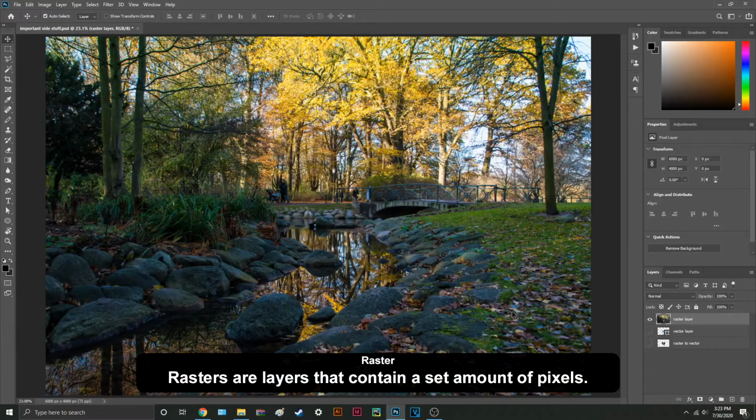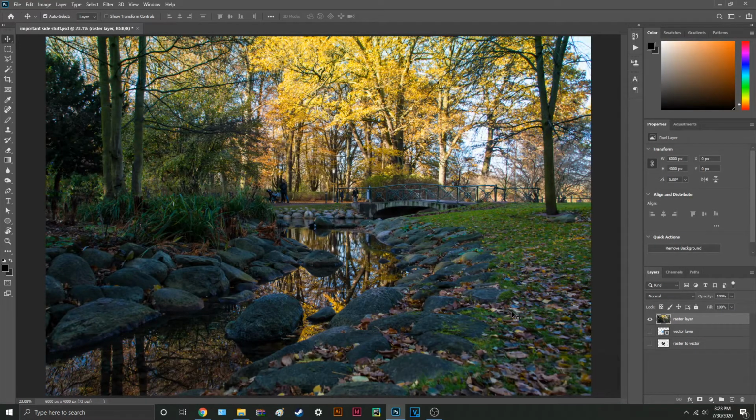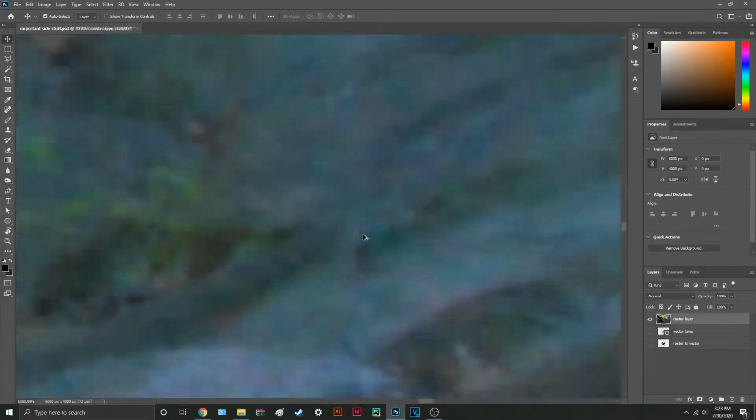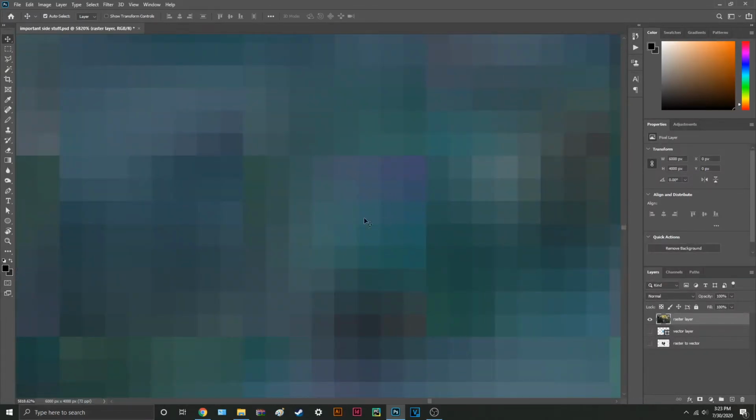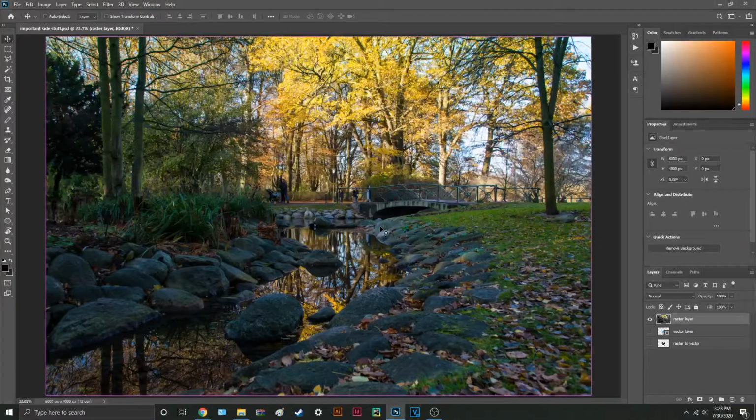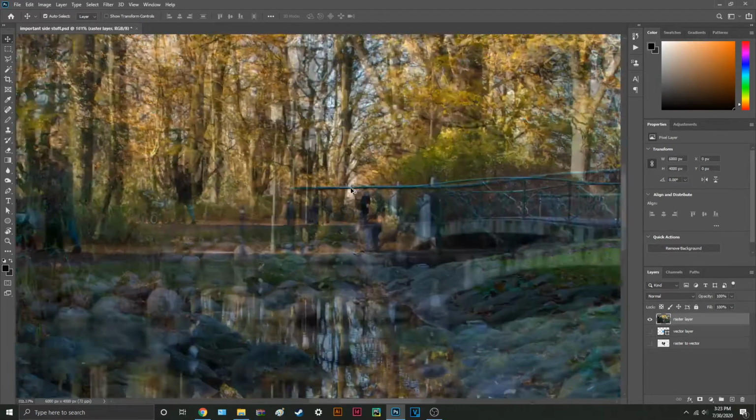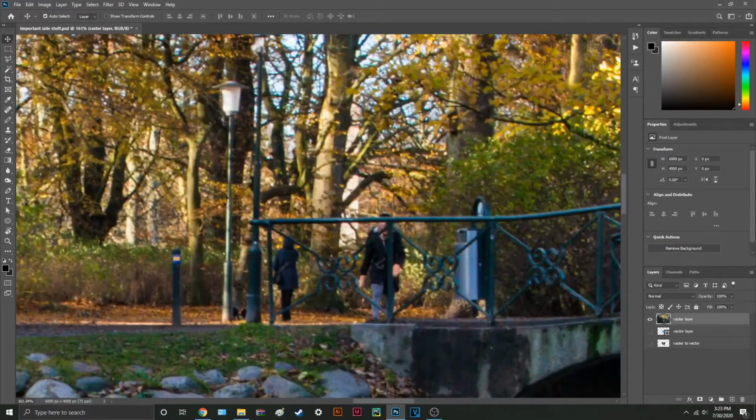Rasters are layers that contain a set amount of pixels. So things like screenshots or photos are rasters because they're made of pixels, which you can see if you zoom in and look at all these different individual colored squares. The more pixel dense a raster is, the easier it'll be to see certain things, and that's because everything's more defined. For this 6000 by 4000 pixel image, you can clearly make out the people and light post in the